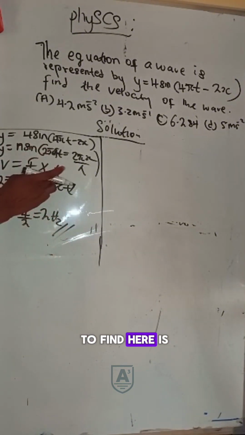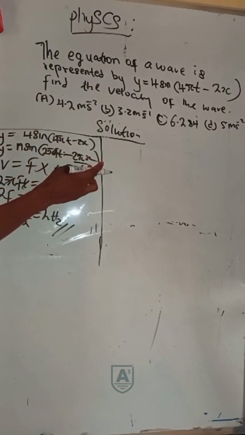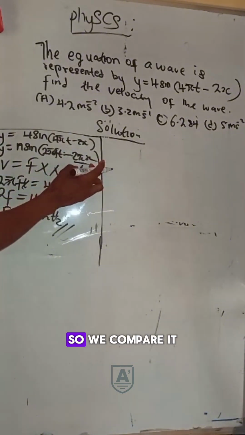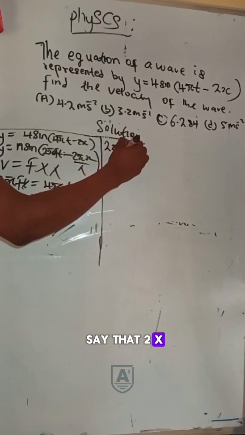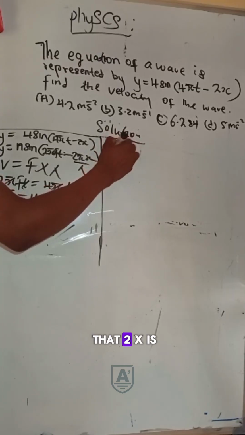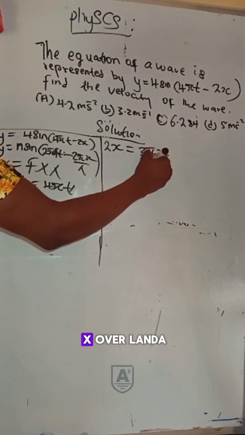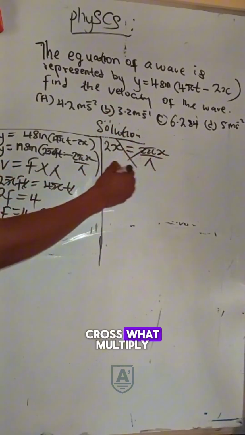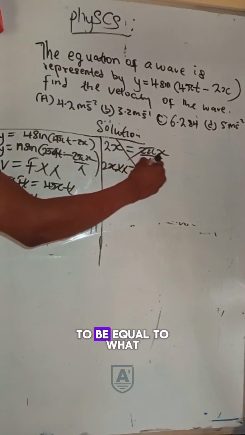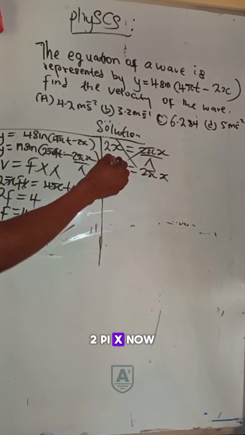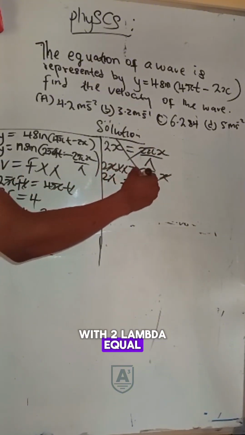The next thing you need to find is your wavelength. Now you still go back to the standard wave equation. Where do we have wavelength? This is where we have wavelength. So we compare it with what we have here. Then I will now say that 2x is equal to 2 pi x over lambda. Then you cross multiply. You'll have 2x times lambda equal to 2 pi x. Now x, we cancel x. Now you'll be left with 2 lambda equal to